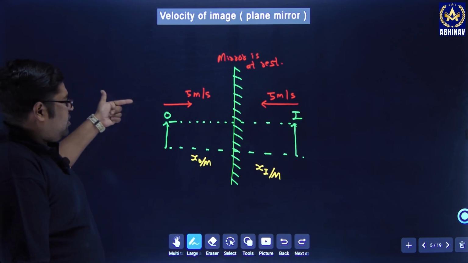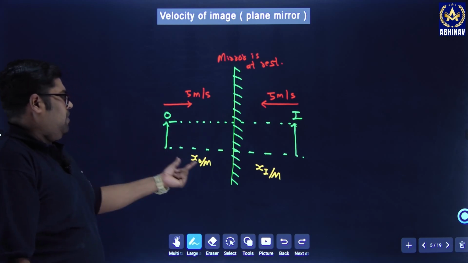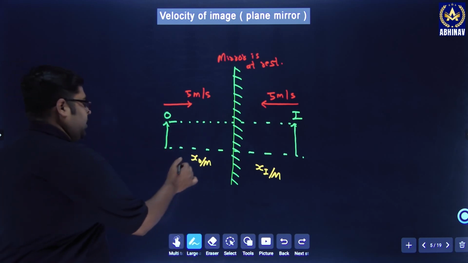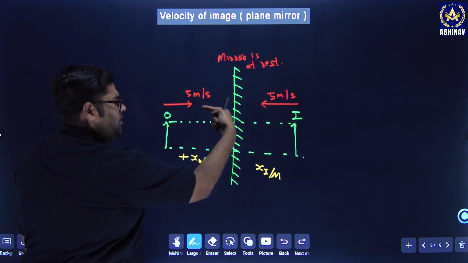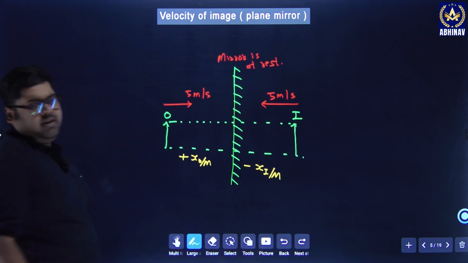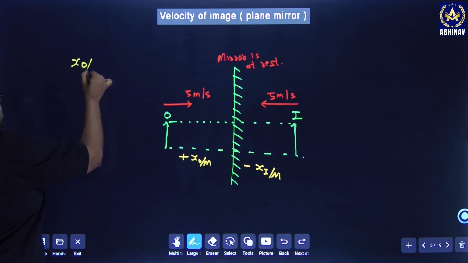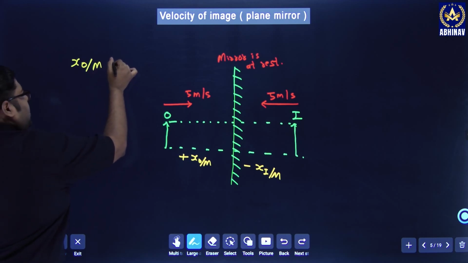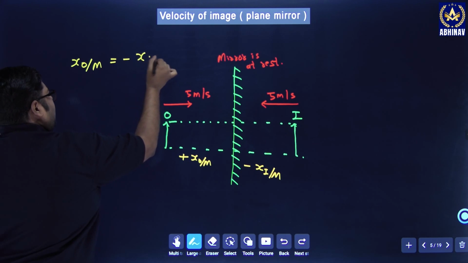Now, if the direction of the object is considered positive, the image is coming in the opposite direction towards it, so it should be considered negative. So the x coordinate of the object with respect to the mirror is equal to the negative x coordinate of the image